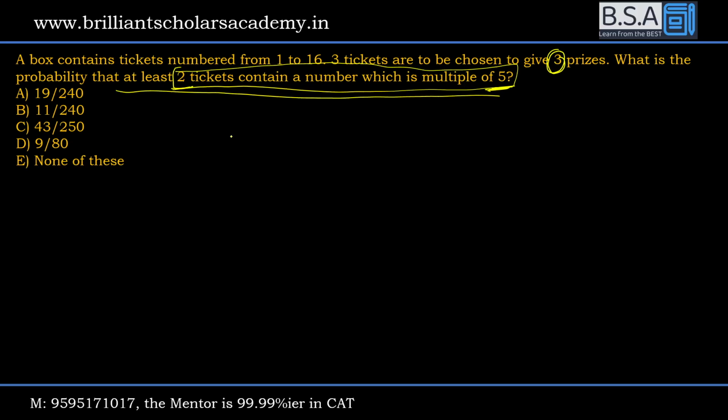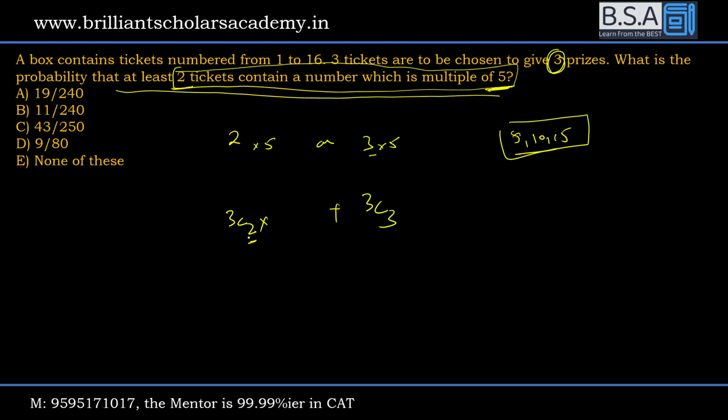आप कह रहे हो 2 टिकट्स पे मल्टीपल ऑफ 5 या फिर all 3 पे मल्टीपल ऑफ 5. So what are the multiples of 5? 5, 10 and 15 are multiples of 5. तो मेरे पास 3 नंबर है, मेरे को तीनों चाहिए 3C3. अभी अगर आपको 2 मल्टीपल चाहिए 5 के, तो इनमें से कौन से 2 इज इंपॉर्टेंट? 3C2. अब अगर 2 मल्टीपल्स ऑफ 5 है, तीसरा नंबर जो नॉन मल्टीपल है, 16 में से आपने 3 नंबर हटा दिए विच आर मल्टीपल्स ऑफ 5, तो बच गए 13 नंबर्स। इन 13 में से कोई भी एक चलेगा।